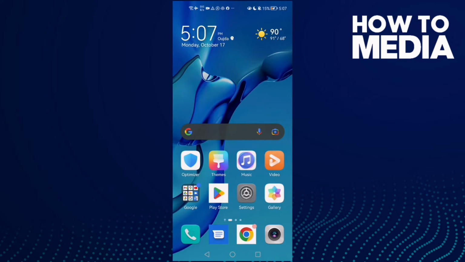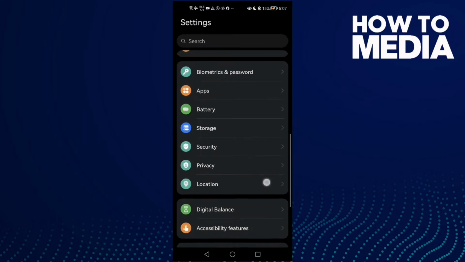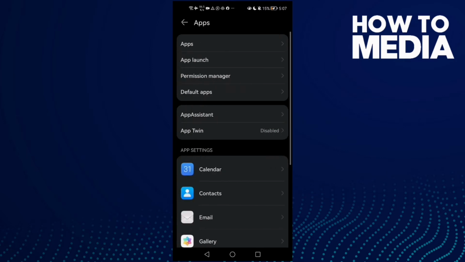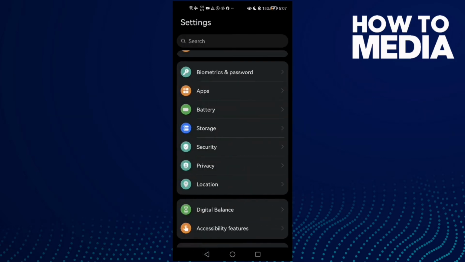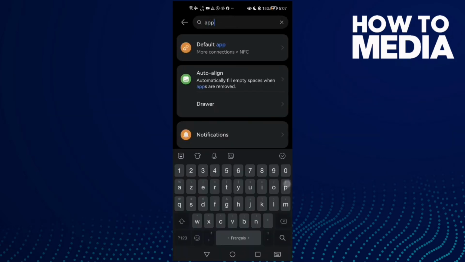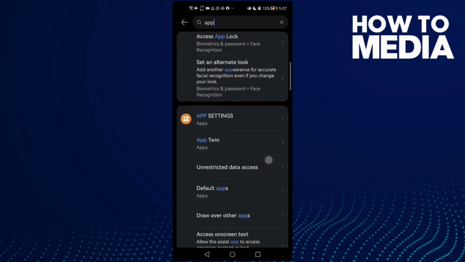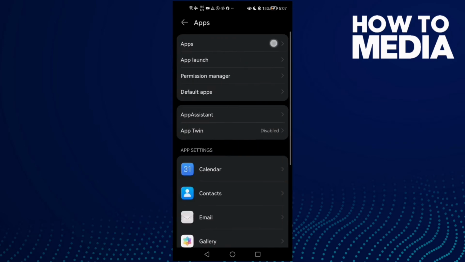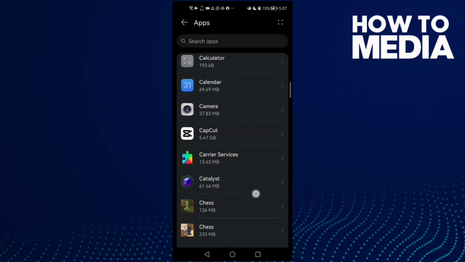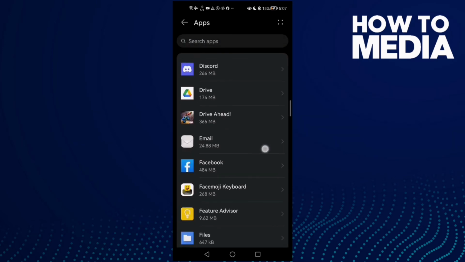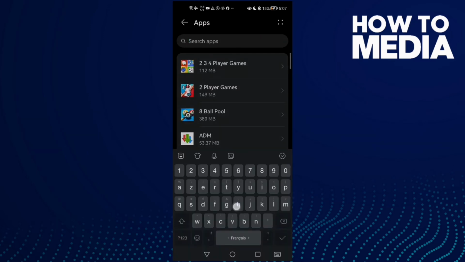First, now click settings and then scroll down until you find apps and then apps again, or you can just type here apps and you will find it, and here you will find it, app settings, and then click apps. Now just scroll down until you find Google Play Store, or you can just type Google Play Store and click